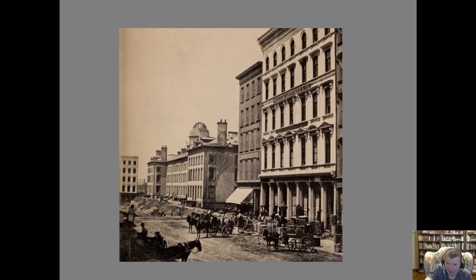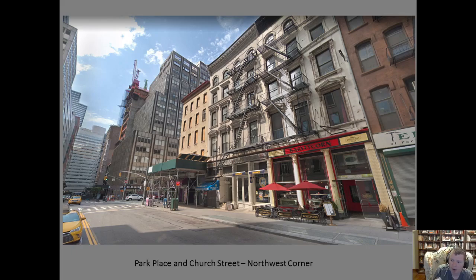The building is in kind of rough shape, right? It would be demolished within the next year or two. And I believe this picture is taken in about 1857. What's interesting is these two buildings right next to it still exist. And if you go on Google Earth, and I'll do that in just a second, I'll go to the next picture. Park Place and Church Street, the northwest corner, you can kind of match it up based on the four